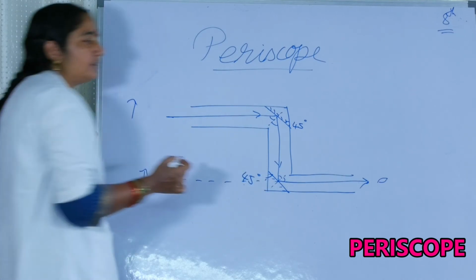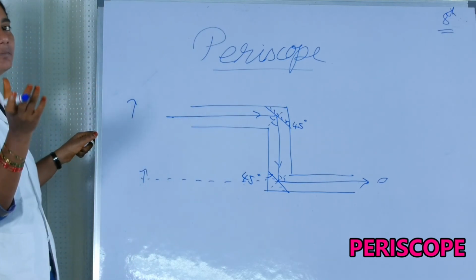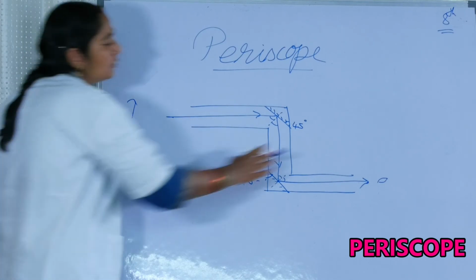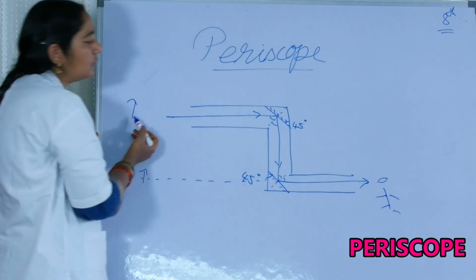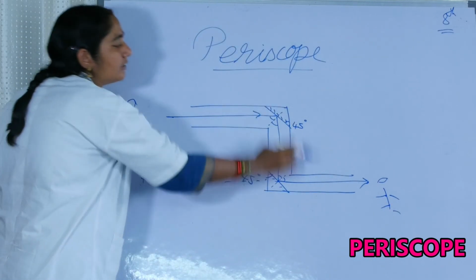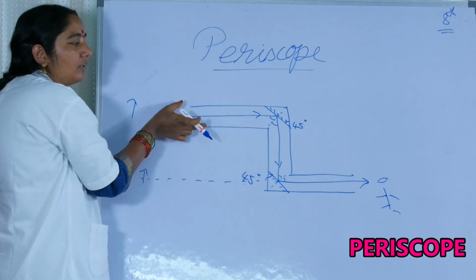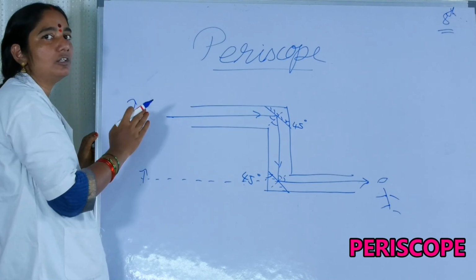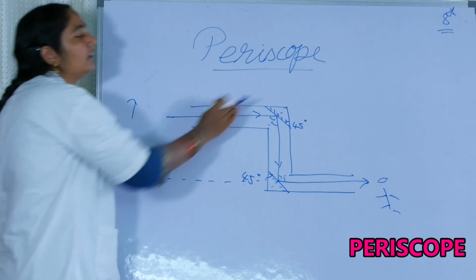So my dear friends, the periscope is especially used by people who are working in submarines. In the submarines, the enemy cannot see you. You are somewhere here, using this instrument, so you are hidden. With the help of this, you are able to see the object. Similarly, soldiers also use it. This is an instrument where we use the principle of reflection of light.